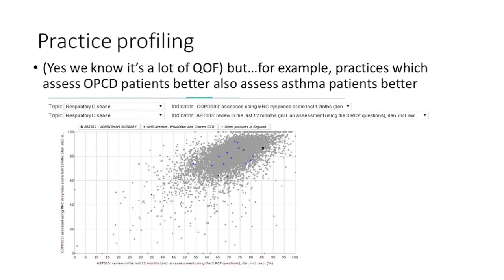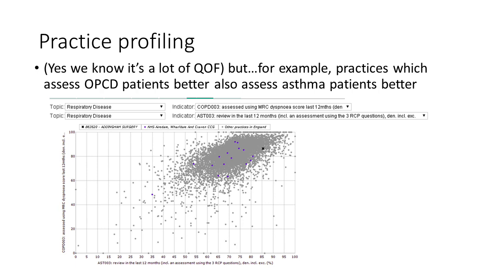But what Julian said was, we can see that there appears to be a correlation between the ability of practices to assess asthma patients and the ability for them to assess COPD patients. Basically, this chart suggests that there's a relationship between the two variables, and you can measure that. You could put maths around that and look at correlation. But Julian can see that in the graph, and writing that narrative which explains what he sees is the bit that adds value. And that's often the bit that's missing, isn't it?